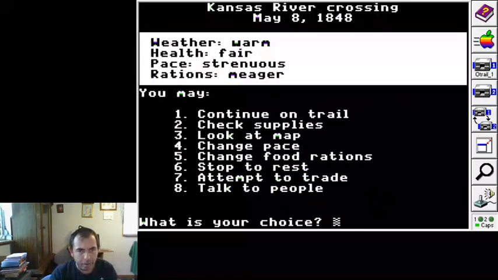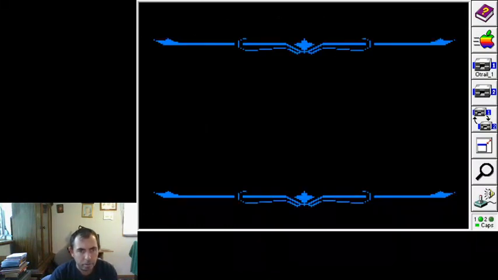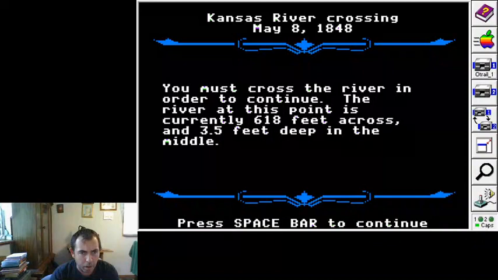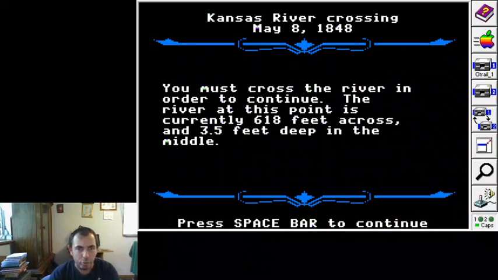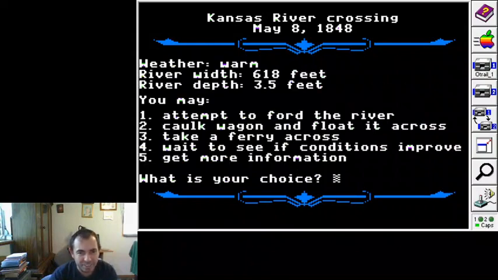Okay, so continue on trail. 3.5 feet deep in the middle, so don't try to cross.